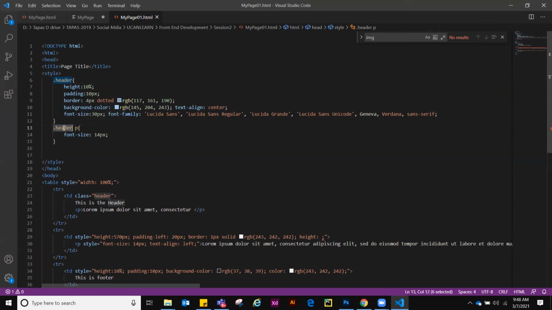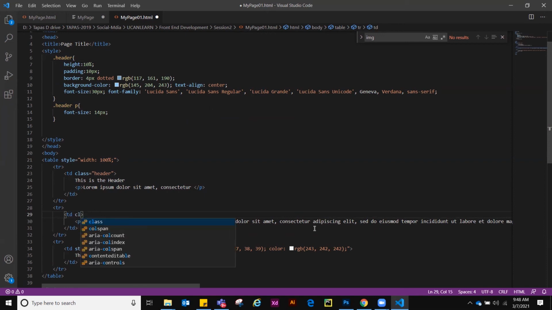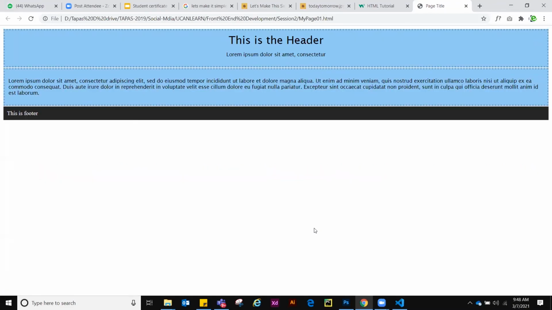If you copy this and paste it inside this td also, the same thing has been replicated over here. Is it clear?